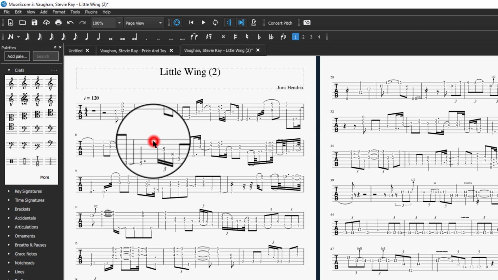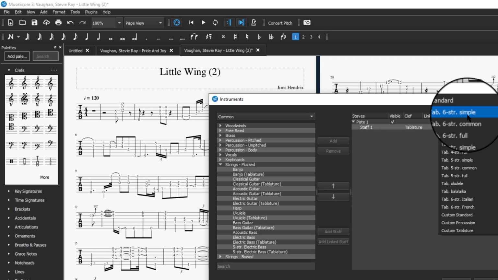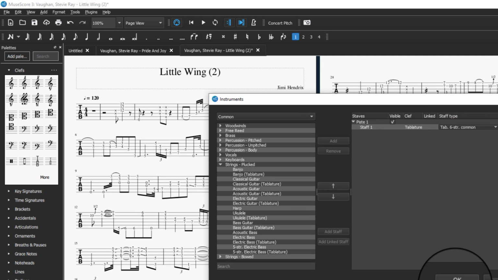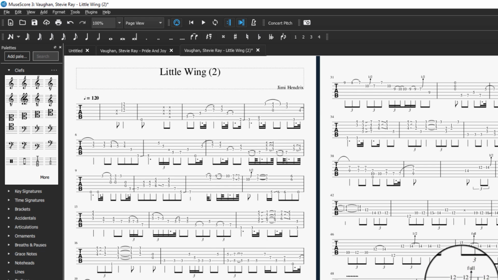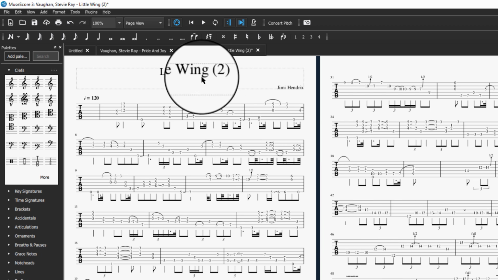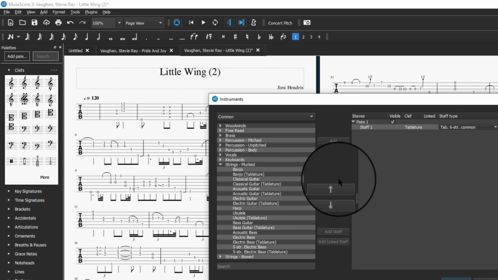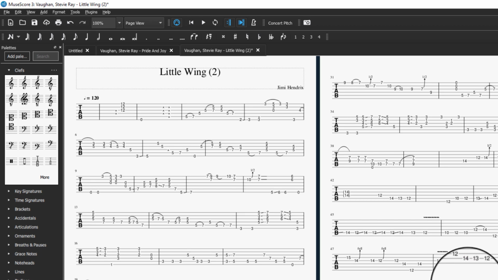If you want to simplify this, again, press I, and then you can go to 6-string common, which let's see what that changes it to. Okay, this is just a different format for the timing information. I think it looks a little bit more clear, actually. But let's make it even more simple. Pressing I, tablature, 6-string, simple. This doesn't even have timing information, okay? So you'd have to really use your ears for this, which for some songs, you can just kind of follow along. Also, if we hit play by pressing the space bar,